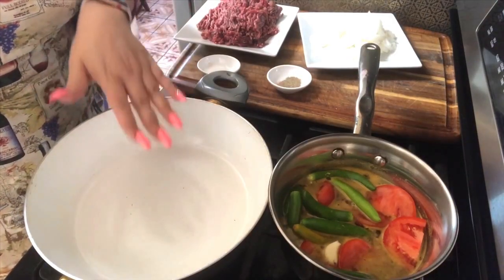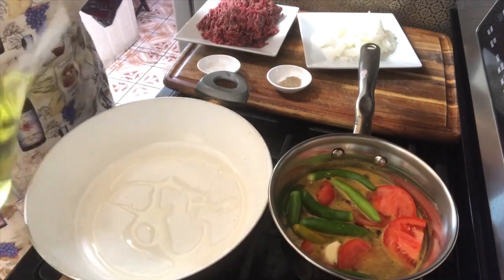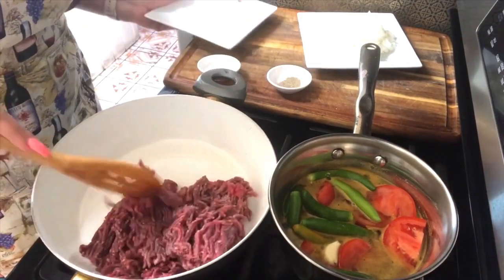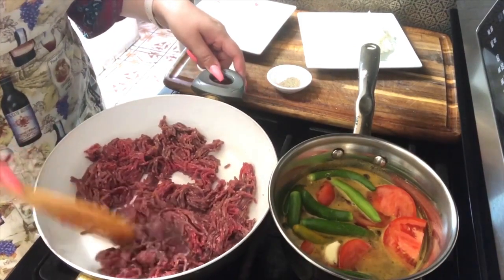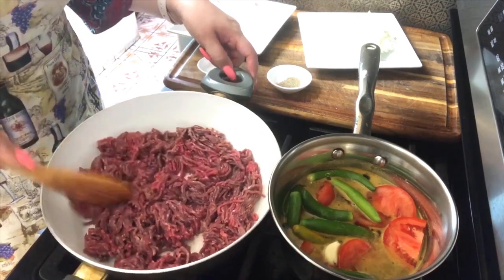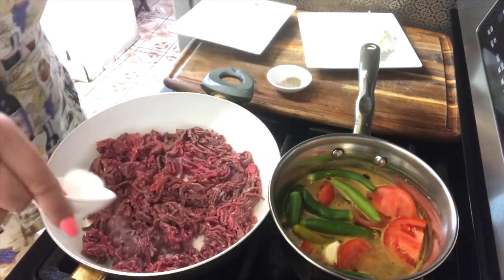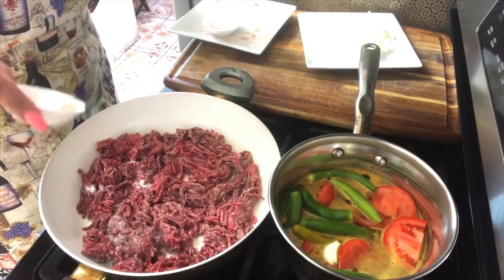I am ready to start cooking my ground beef. I'm going to add about 3 tablespoons of oil, and then my ground beef. We just want to pull it apart completely. We're going to add a little bit of salt, a little bit of black pepper,